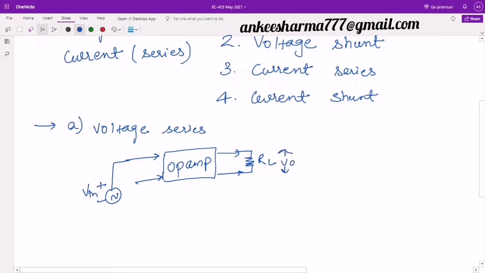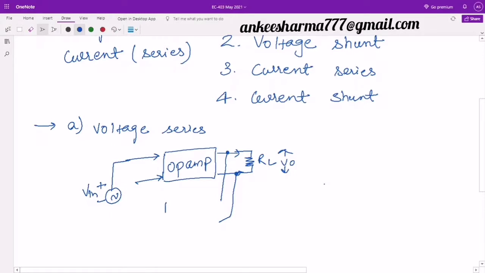As I'm taking the case of voltage series, as I said, in the voltage case you are going to take the output voltage. So how will I take this output voltage back to the input? It means I have to take the parallel combination. So I will take two connections over here, and these two will be nothing but the output voltage, because these are connected in parallel. Whatever the output is will now be obtained across in parallel combination.